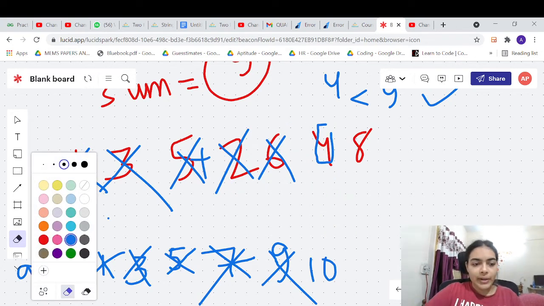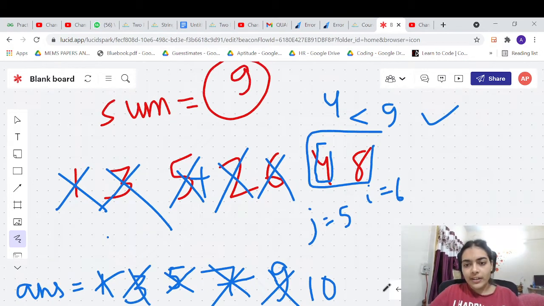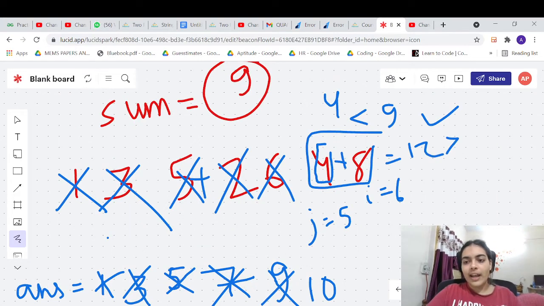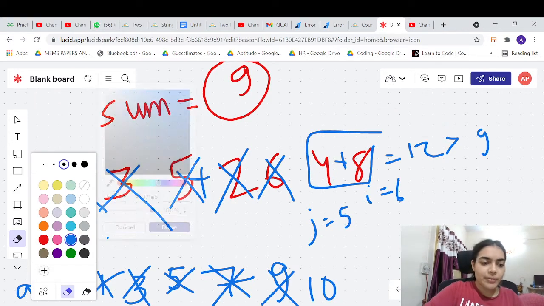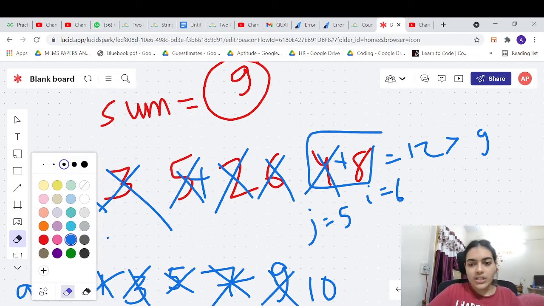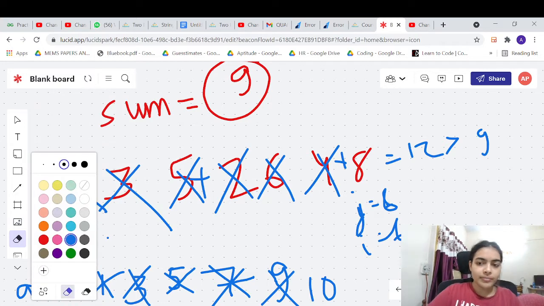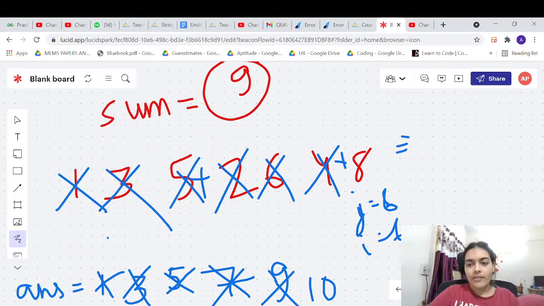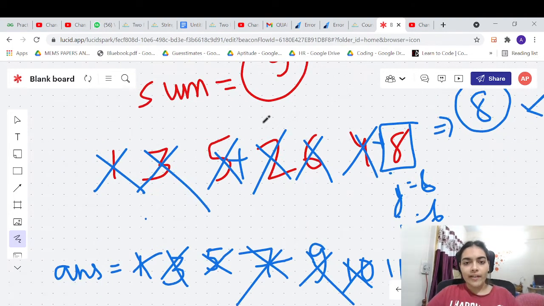So in this case, you will increment i. So j is equal to 5, i is equal to 6 in the next iteration. So 4 plus 8 is 12. 12 is greater than 9, right? So you cannot take this particular subarray. So you will have to remove elements. So which element will you remove? You will remove the element which was at the jth position. So now your j is equal to 6 and i is also equal to 6. Okay. So now in this case you have the sum 8, and that is less than 9. So you can add one particular subarray again. So you'll get 11 subarrays totally that are having sum less than 9.